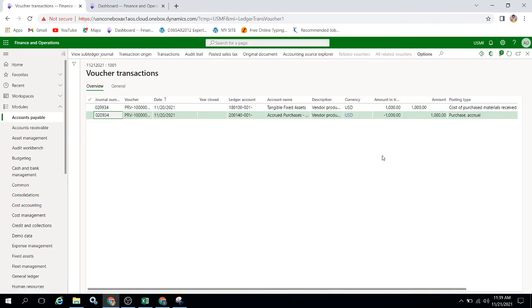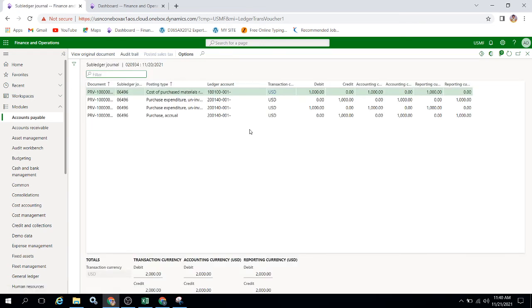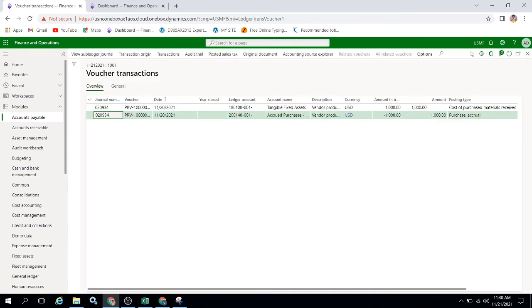This is the entry posted at the time of product receipt. If you want to see subledger journals as well, you can see from here. Are there any related journals?